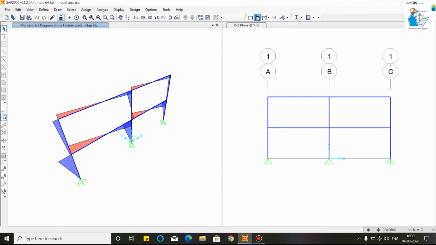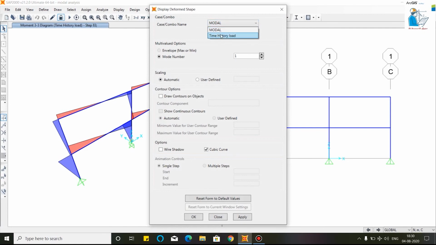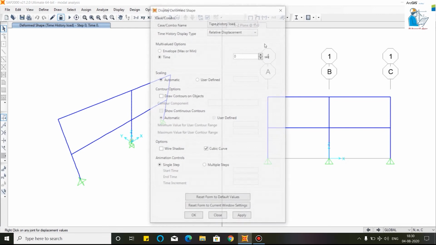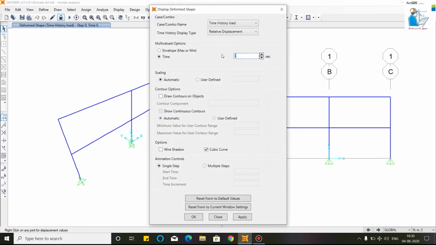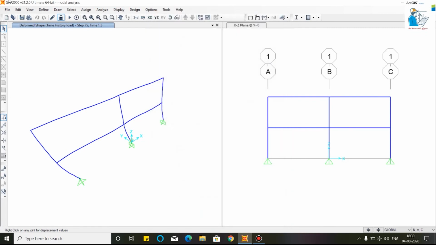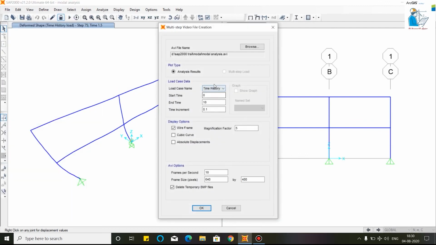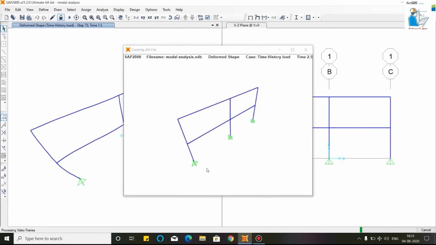You can also create a video of the deformed shape. As you can see, this is the deformed shape at a particular second. This is the deformed shape. If you want to create the video of the deformed shape, I will select the time increment 0.05 and click OK.